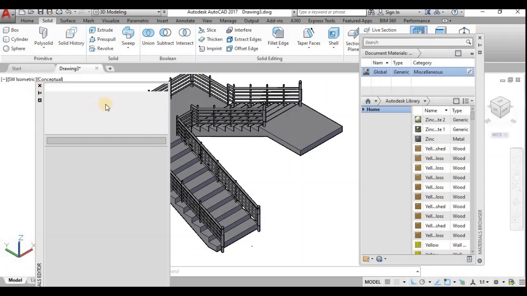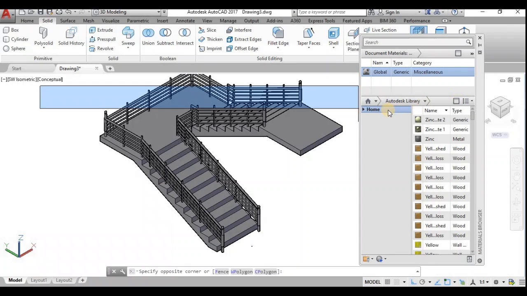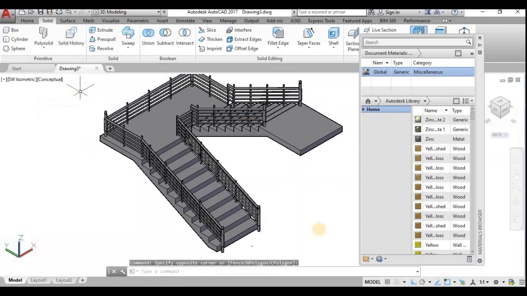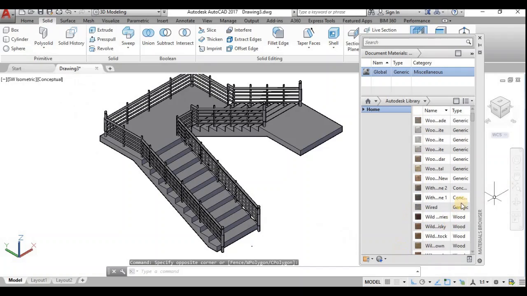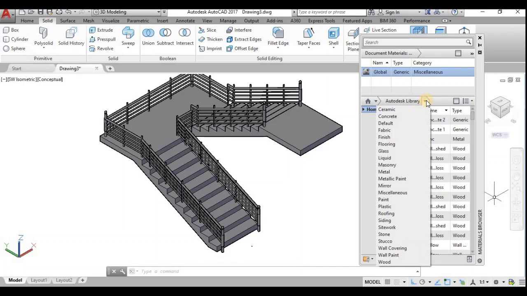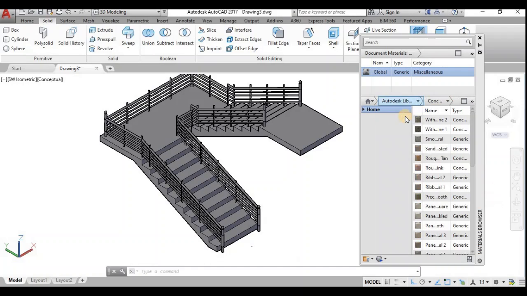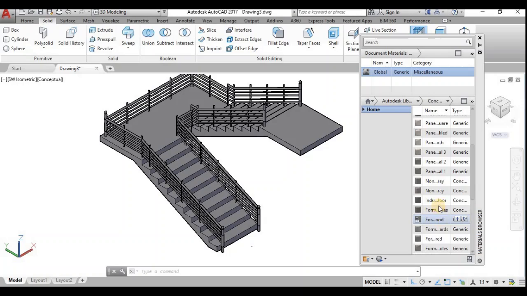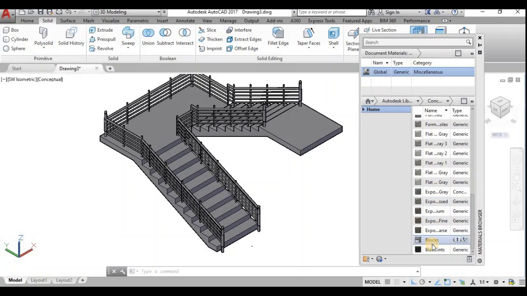From here you can choose the material. For concrete, there are a number of concrete colors, such as block, flat grey or something.